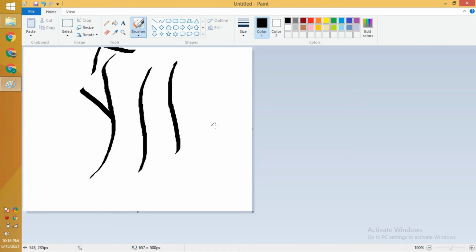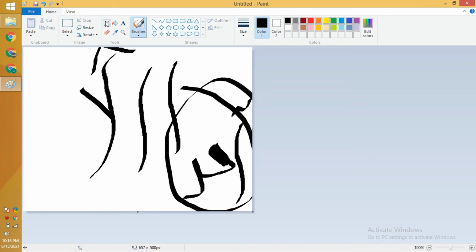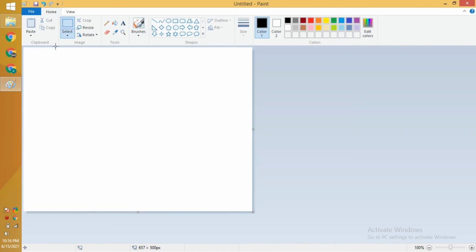So let's suppose I want to write some word, Ahmed. You can see it is just perfect, and I can drag it like this. I'm not an expert in calligraphy, but I want to show you how you can use it. Delete it again, and here is the brush that you can also call a basic brush. You can change its size and color like this, and you can drag it according to your requirements.